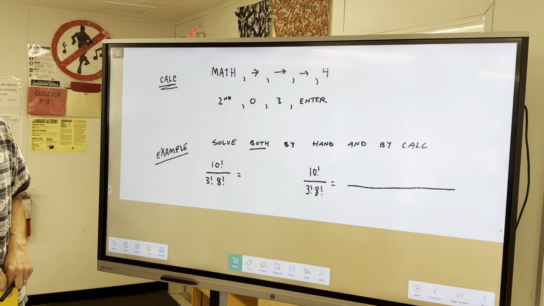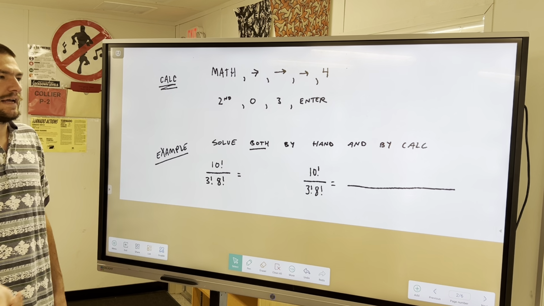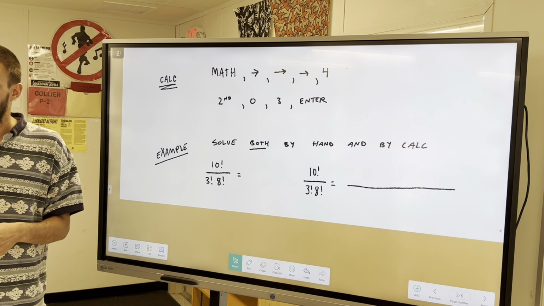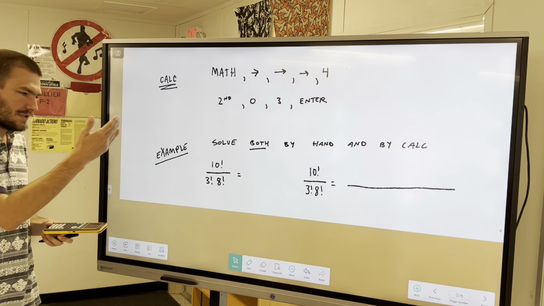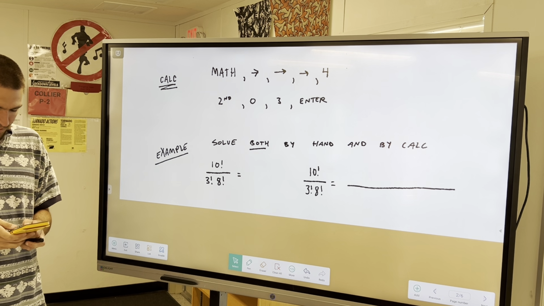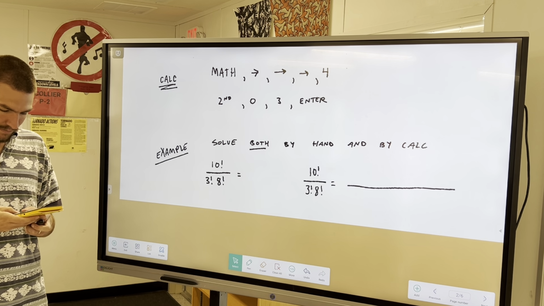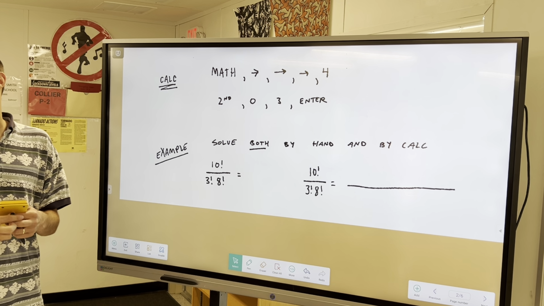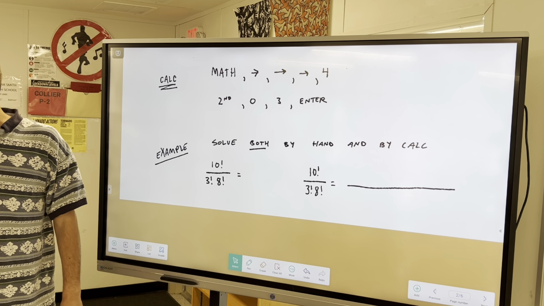All right, now let's solve this exact question two ways, once by hand and once by calculator. Let's do the calculator first, surely, because that'd be easier. I'm going to use alpha y equals to make a fraction. I'm going to put 10, math over 4, on the top. On the bottom, 3, math over 4, and 8, math over 4. And when I get all of this put in, I'm maybe expecting a crazy number, and